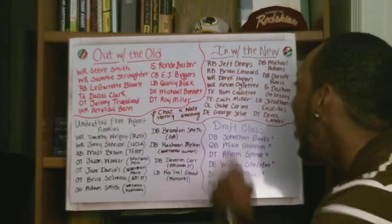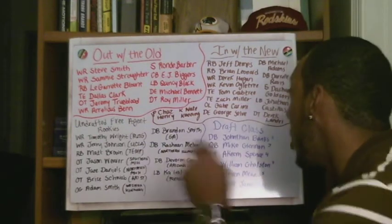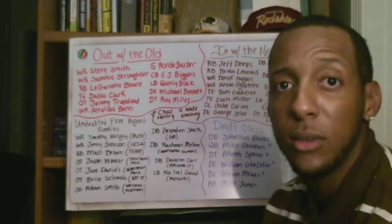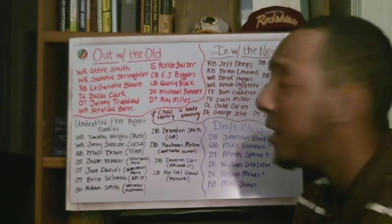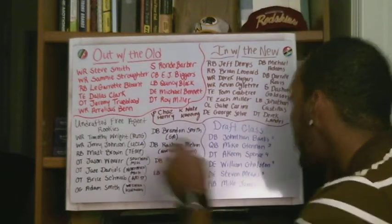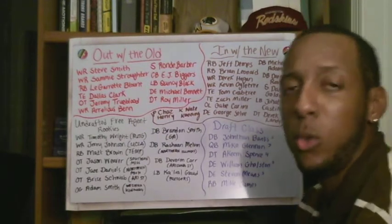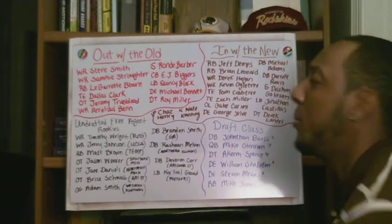Now, are all of these guys going to make this roster? Absolutely not. But there are some guys in here that are definitely going to be on this roster that they went after aggressively in free agency or trade. And there's some guys on this list that have a shot to make this roster. So let's go over this list and talk about all of these players that are in with the new with the Tampa Bay Buccaneers. You start at the running back position with Jeff Demps. Here's a guy that